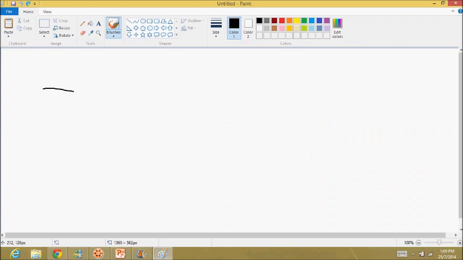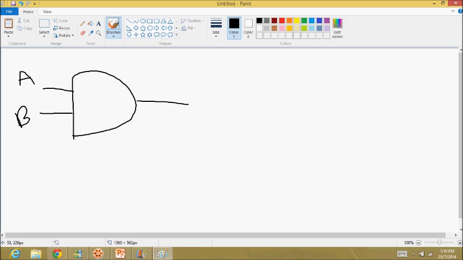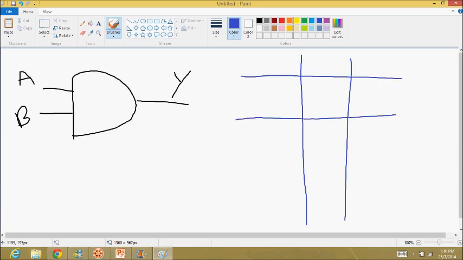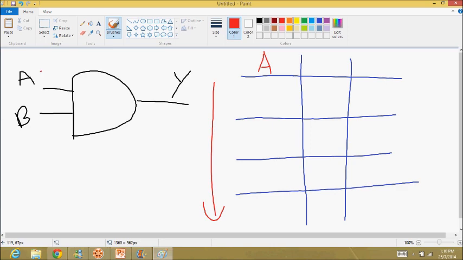Okay, let's draw the truth table now for an AND gate. So there we have an AND gate, and A and B are the inputs or the switches. Think of it any way you like, and Y is the output. So let's just draw a table out, and we'll slowly fill it in. The vertical columns will represent the two inputs and the output, while the horizontal rows will represent different combinations. So this column here will represent our A switch, the state of the A switch, on or off. The middle column will represent the state of the B switch, on or off, and the third column Y will represent the output, on or off again.